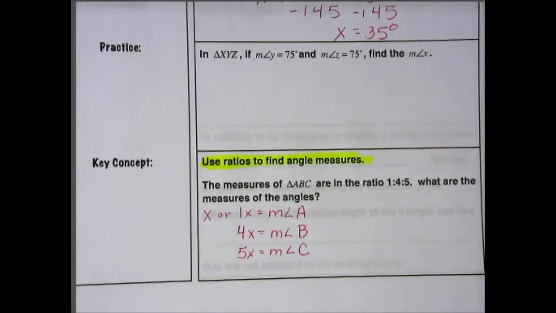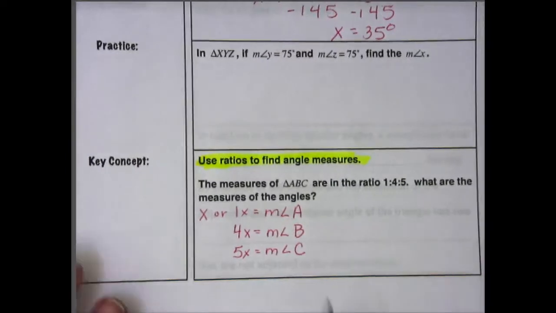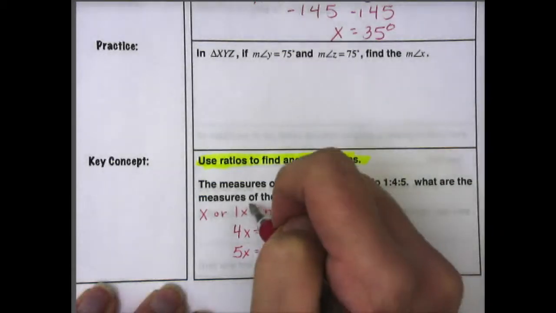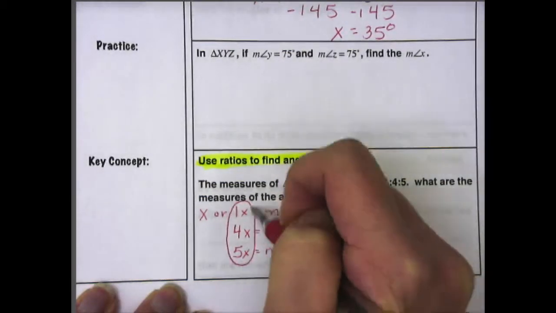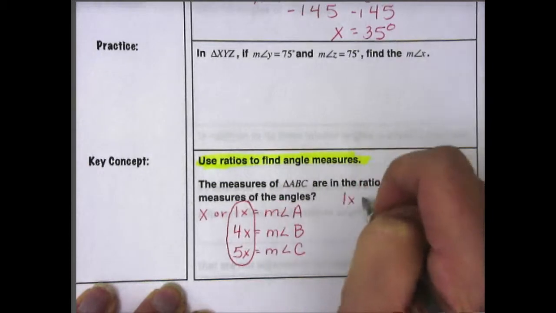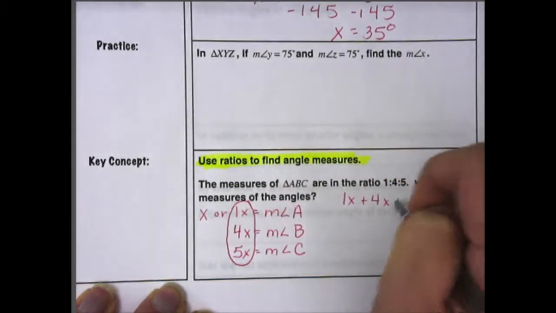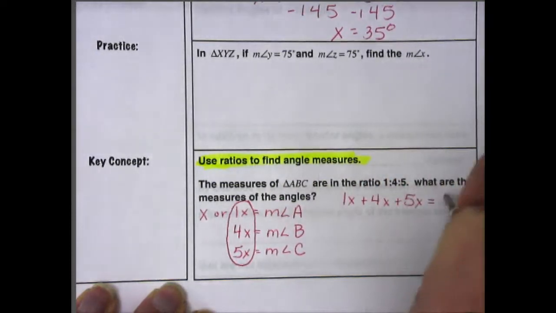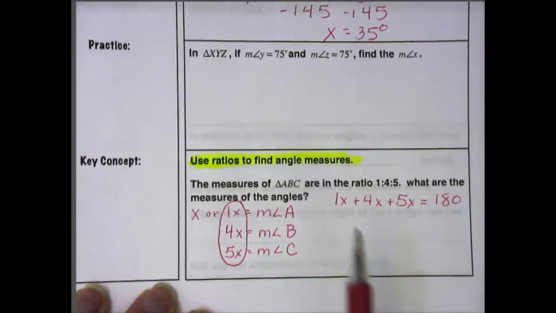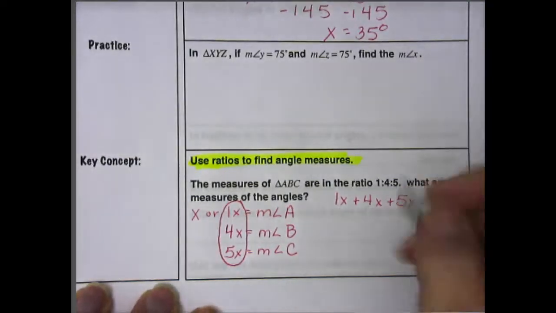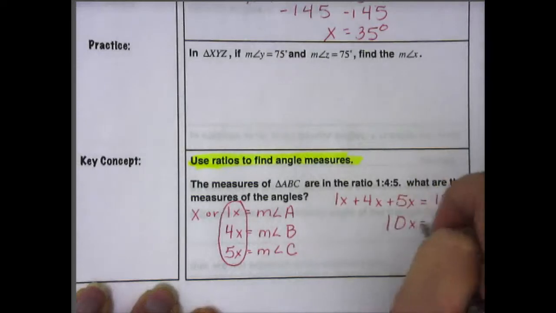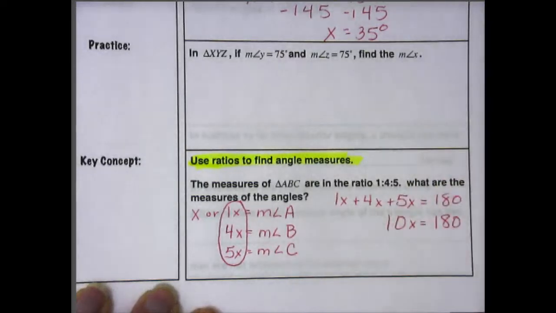One thing we know about the interior angles of a triangle is that they all add up to 180 degrees. So let's take what we know. We've got 1x, 4x, and 5x. So 1x plus 4x plus 5x equals 180. And then we need to solve it. 1x plus 4x is 5x, plus 5x is 10x. 10x equals 180. And let's divide by 10